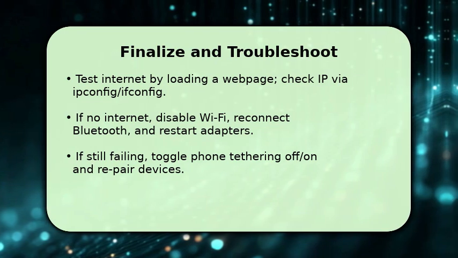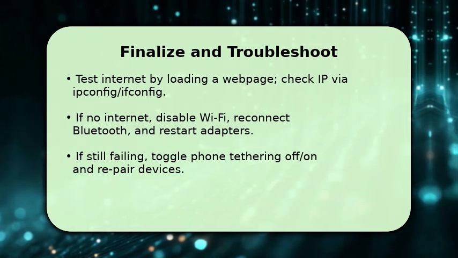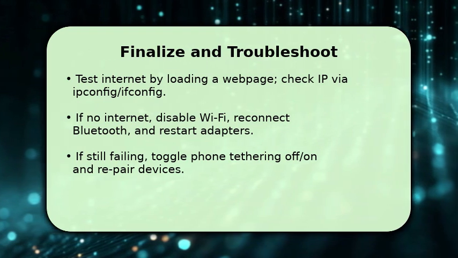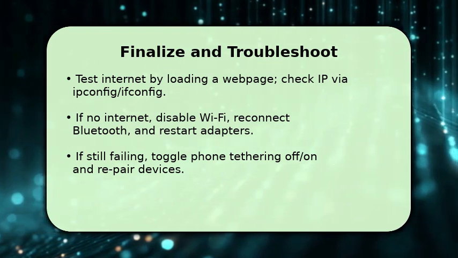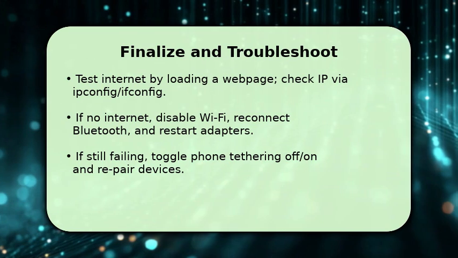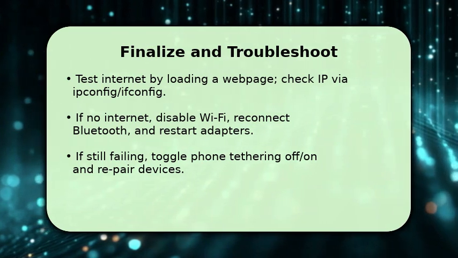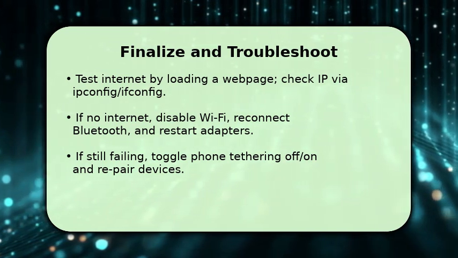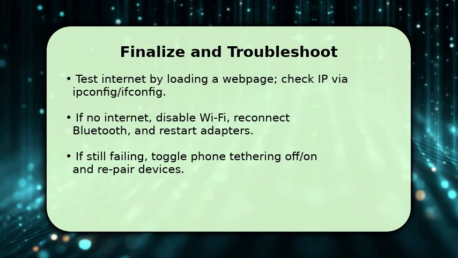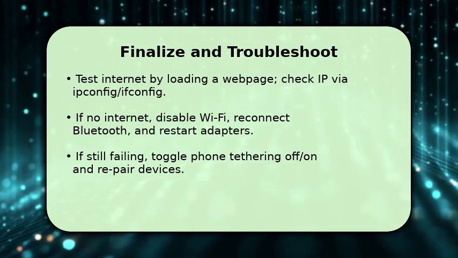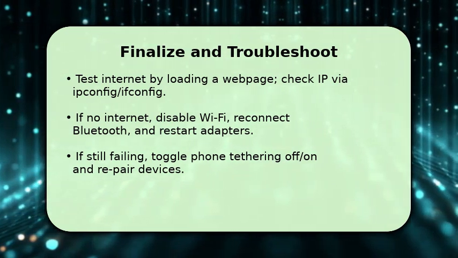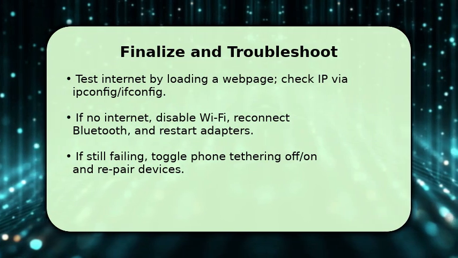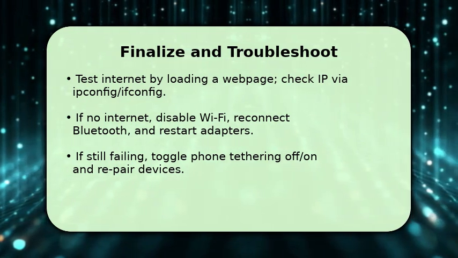If you see no connection, first disable Wi-Fi on the PC so it doesn't prefer another adapter, then disconnect and reconnect the Bluetooth network connection to refresh the route. If that fails, restart Bluetooth adapters and toggle Bluetooth tethering on the phone. Repairing will clear stale service records. Remember this single troubleshooting tip. Reinitiate the tethering service on the phone before making more complex